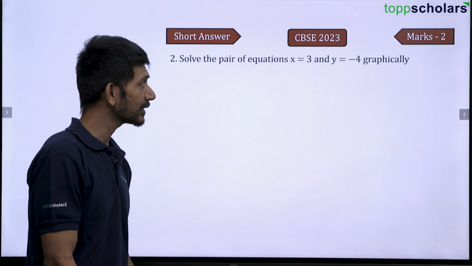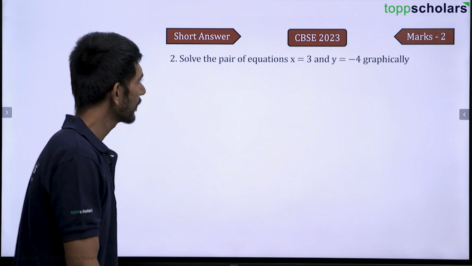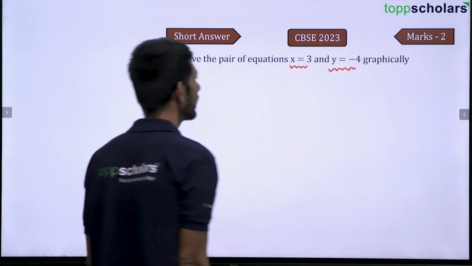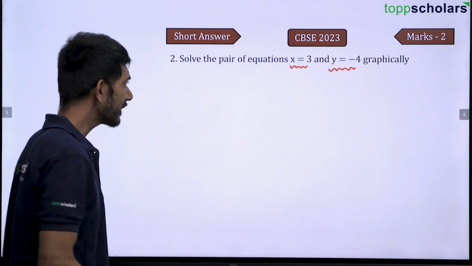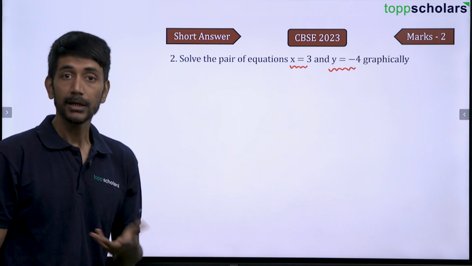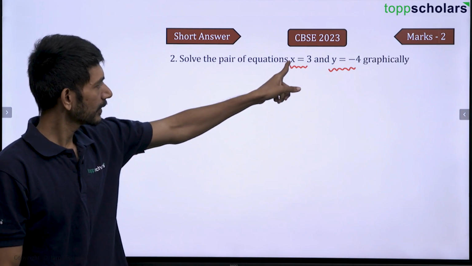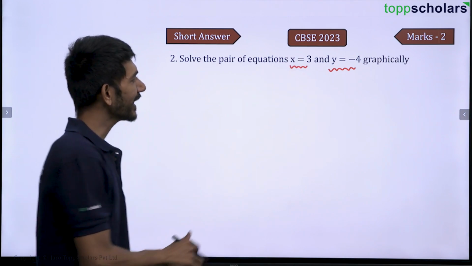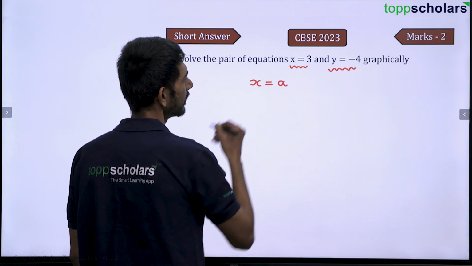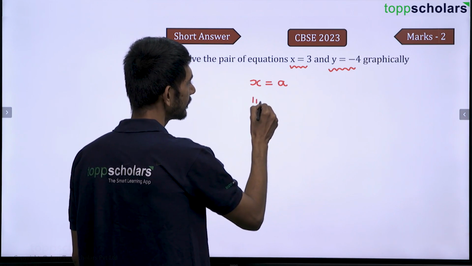Interesting question. The question was asked in CBSE 2023. The question says solve the pair of equations x is equal to 3, y is equal to -4 graphically. Now you might feel there is only one point, right? X is equal to 3. But we know that if we have an equation of the form x is equal to a, this we have studied in 9th grade, isn't it? If we have an equation x is equal to a, this is a line